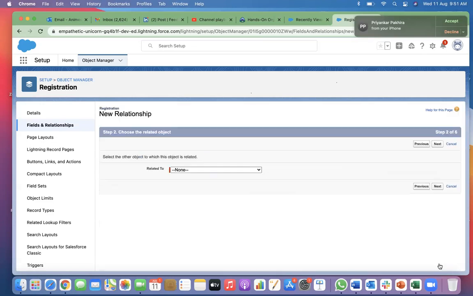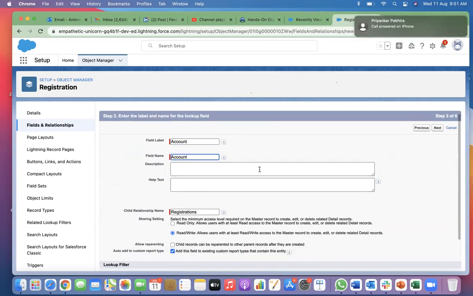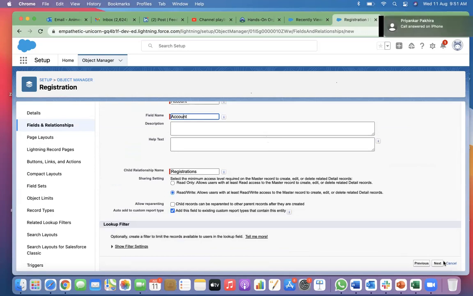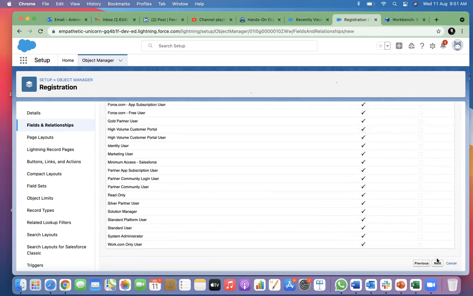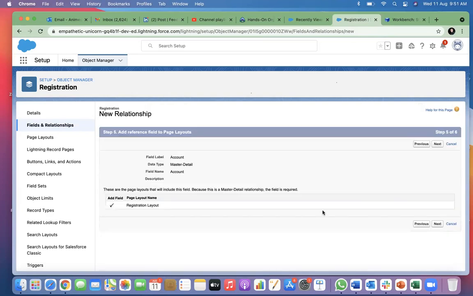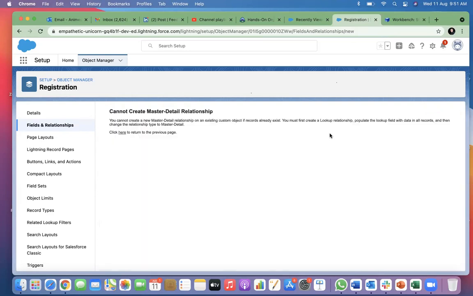A lot more features are there. So when I create a master detail relationship, I want to do it with account. Can I create it? You will see there is an error coming. So you do a next, I will add this into the layout, save. Yeah, you will get an error.